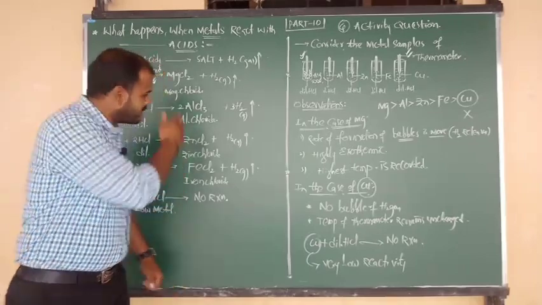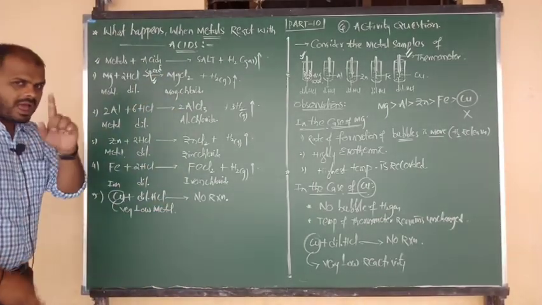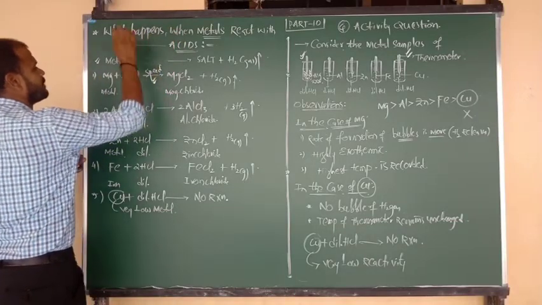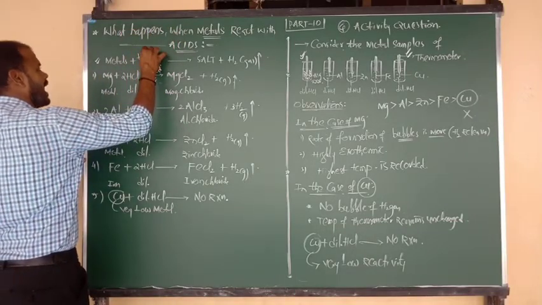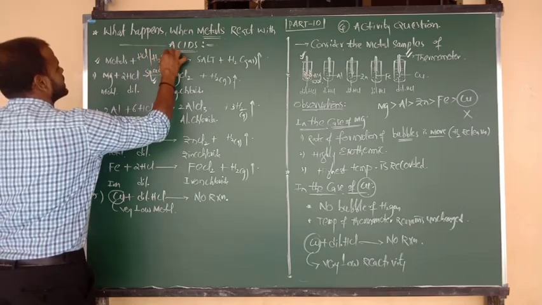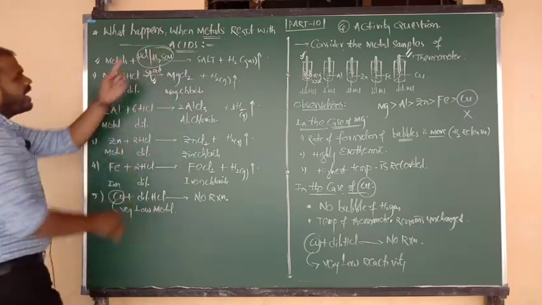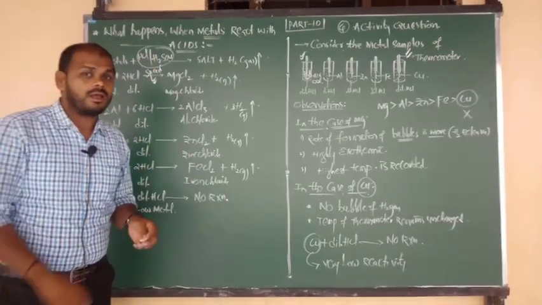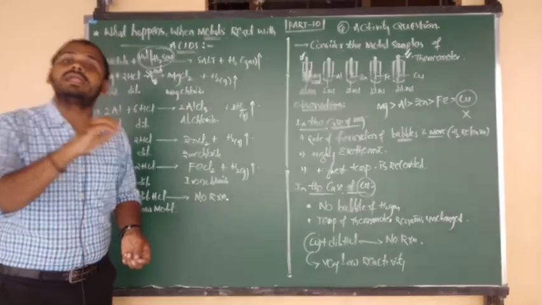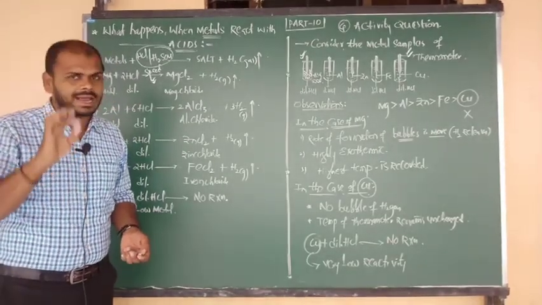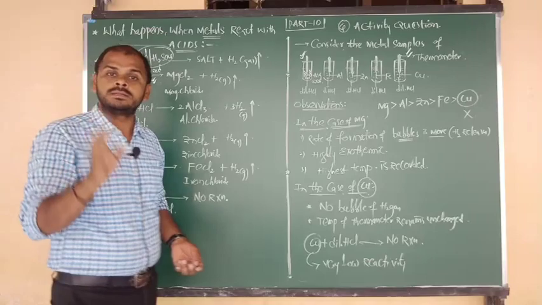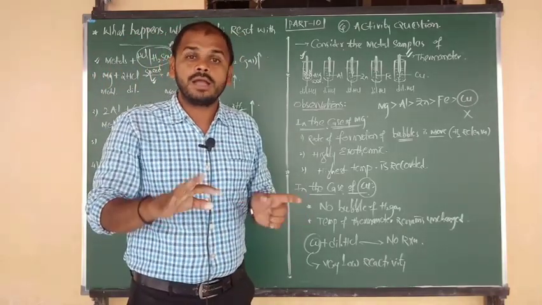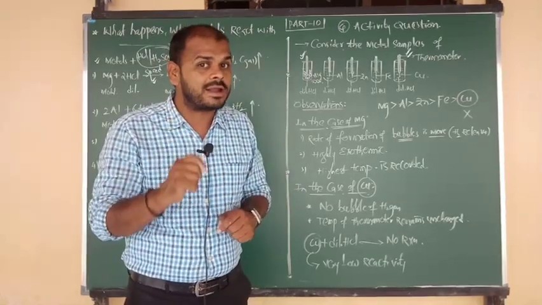Did you understand clearly? Yes, I hope you understand this story clearly. And listen carefully. Metals on reaction with acids. Here in the place of acid, you can consider hydrochloric acid, and also sulfuric acid. Any one acid you can consider. But don't try to consider nitric acid. Of course, reaction with nitric acid will be there, but on reaction with nitric acid, you won't get the evolution of H2 gas. H2 gas cannot be released on reaction with nitric acid.